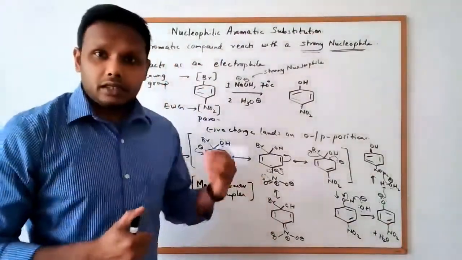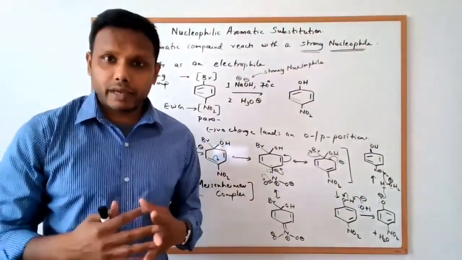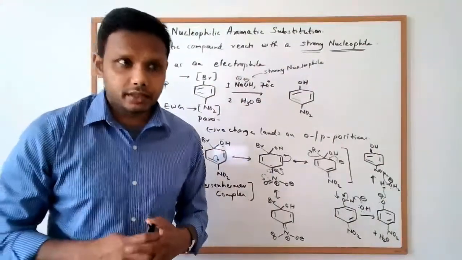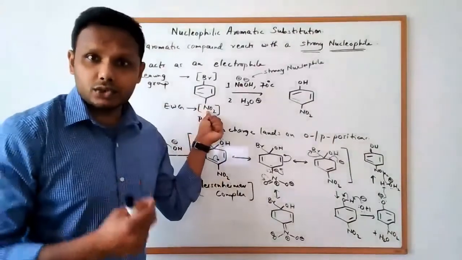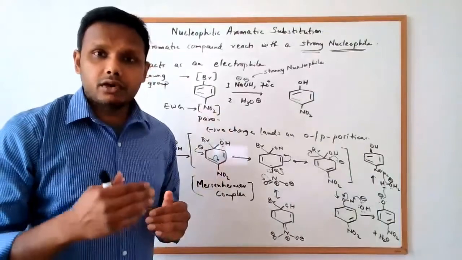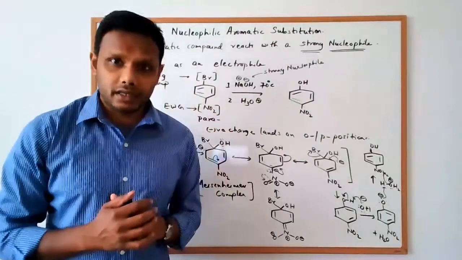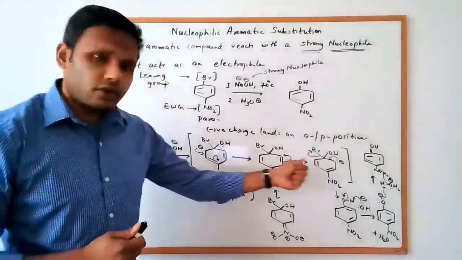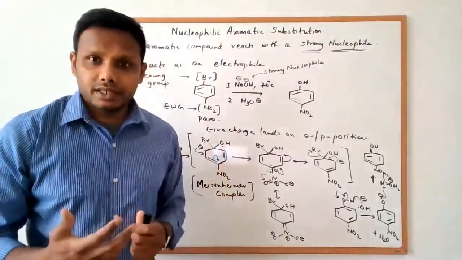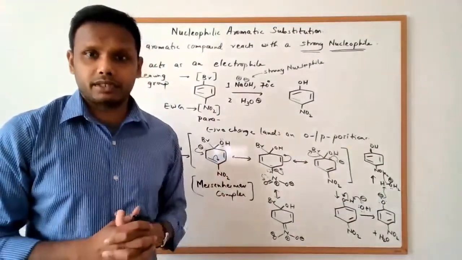So that's the nucleophilic aromatic substitution reaction, which involves the reaction of an aromatic compound with a strong nucleophile. Important things to keep in mind is that you must have a strong electron withdrawing group in your aromatic compound, which is either ortho or para to the leaving group, which is a halide. And it involves the formation of this resonance stabilized Meisenheimer complex, which is basically a carbanion equivalent of a sigma complex that we've seen in the